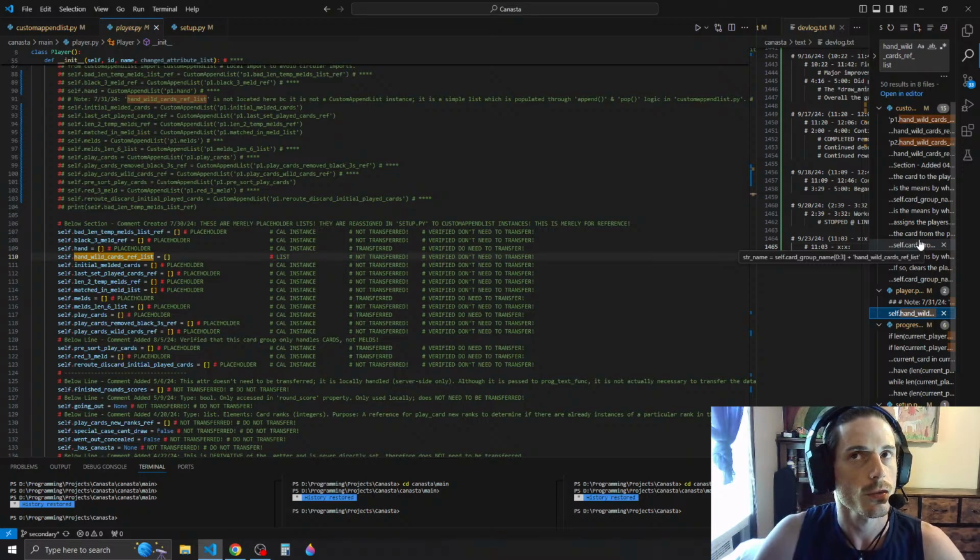So actually, I don't know. Since it's the only one that's not a custom append list, wouldn't having it in the card group name dict, which is an attribute of the custom append list, be